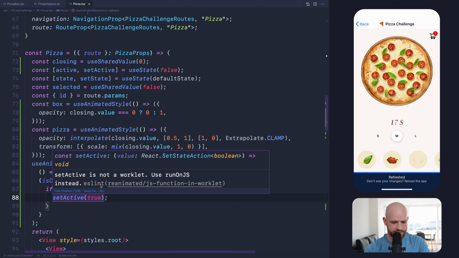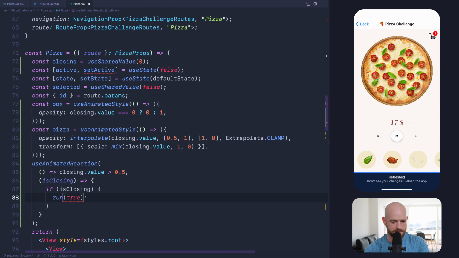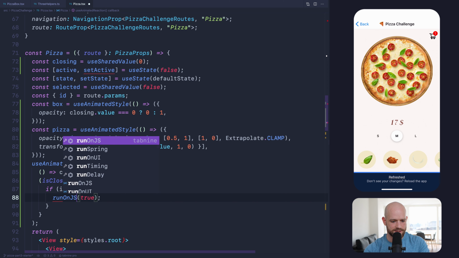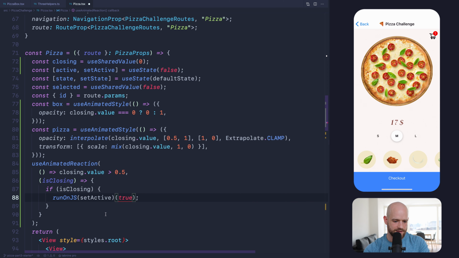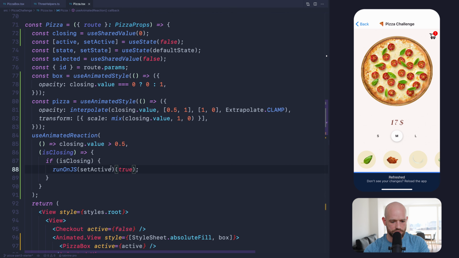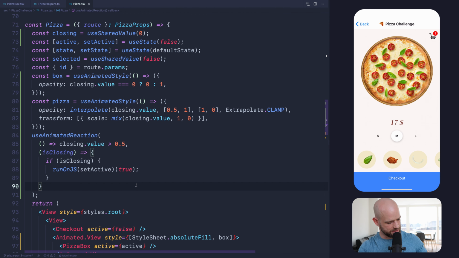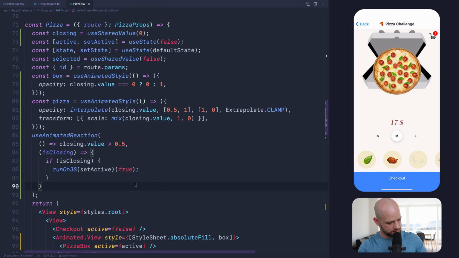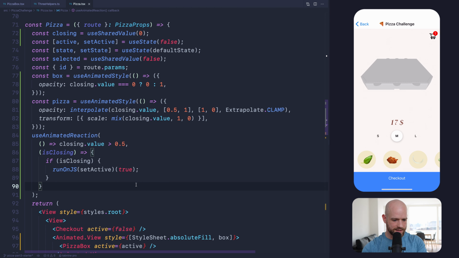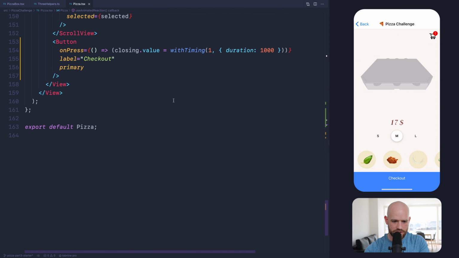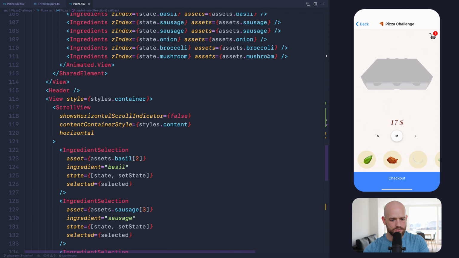And here the cool thing is that I have the Reanimated ESLint plugin that tells me that this is wrong. Run on JS. Because I call back from the UI thread to the JavaScript thread. And let's have a look. Yeah, I like it. And then when this animation is over, we're going to create a new